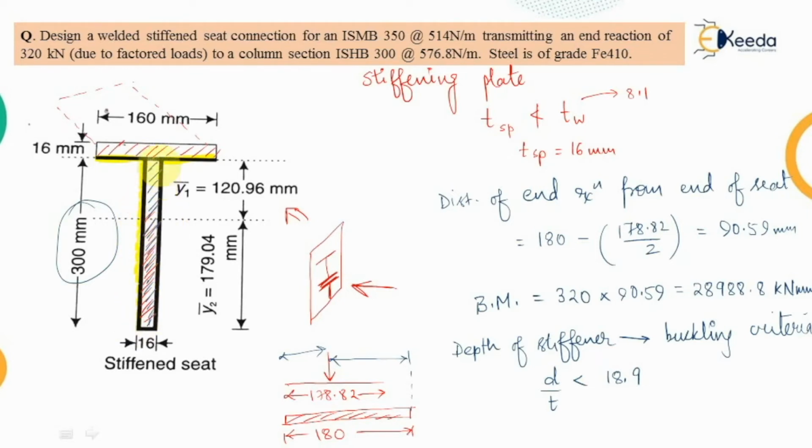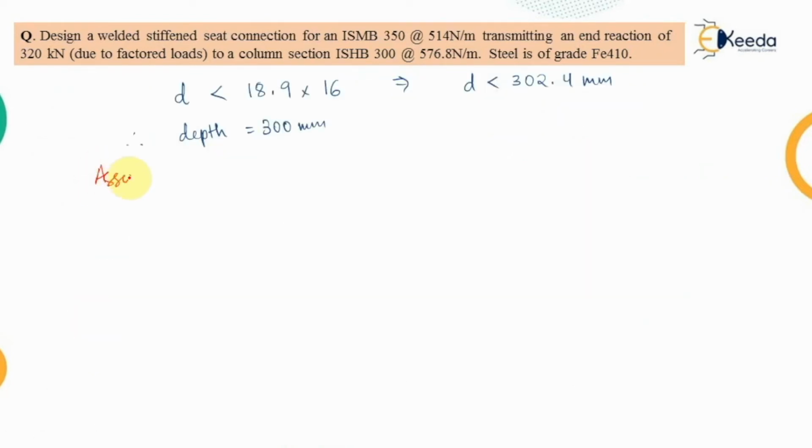So the CG of the weld group has to be calculated, and after that the moment of inertia of the weld group has to be calculated. Now for this we are assuming that the thickness of the welding section is a unit width. So, assuming unit weld thickness, we will calculate the y1 bar value. This y1 bar is the distance of the CG of the weld group from the bottom of the seat plate.